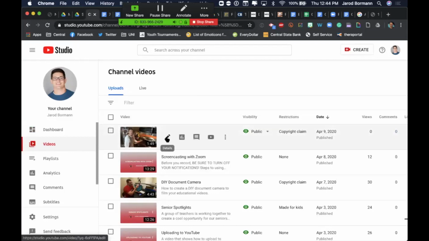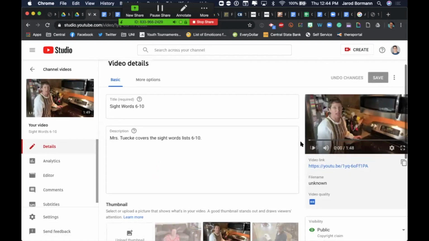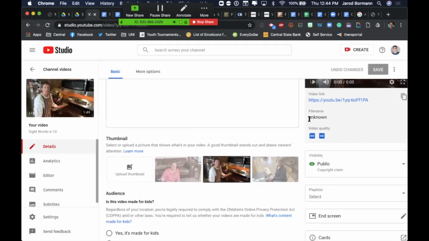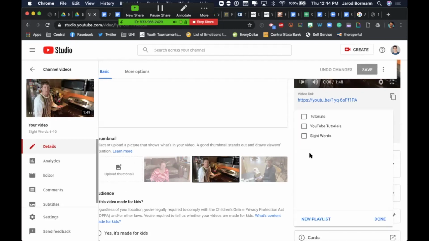I'm just going to go into the details real quick to see if everything is there that I wanted. So I have my sight words, the description. It's in standard definition and high definition already, which is perfect. And I also want to make sure that I have it saved to the correct playlist. So under my playlists, I want to make sure it's saved to sight words,